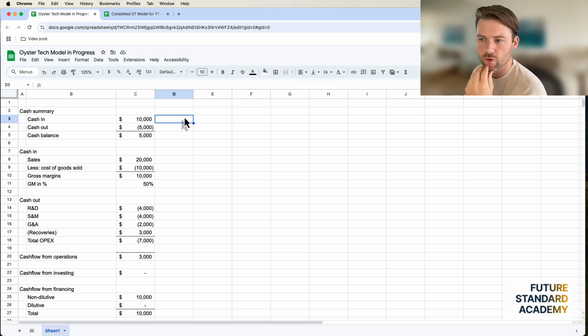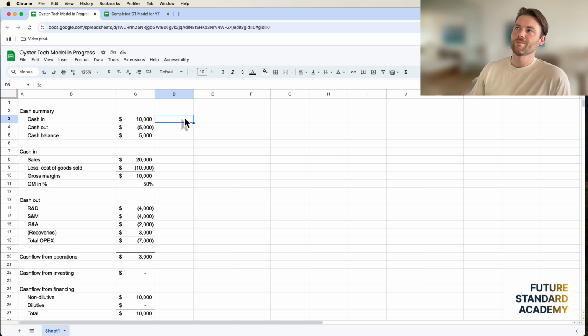And keep in mind, there's no accruals here, right? So I'm not thinking about what our accounts receivable and accounts payable are, and what prepayments we've made, and whether that electricity bill has come in yet. We're just trying, as simply as possible, to get down all the major cash in, cash out categories,